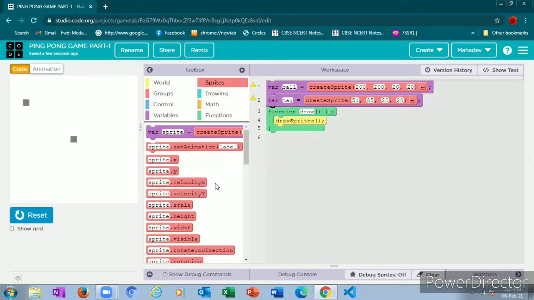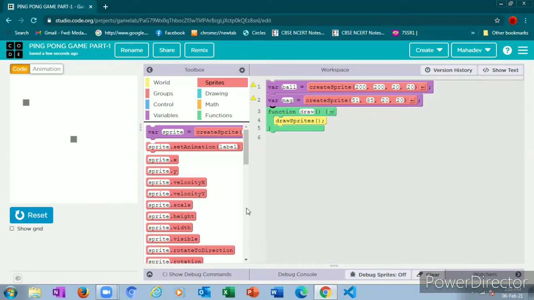What means velocity x and what means velocity y? Velocity x means if you give velocity x, the ball will move left and right. If we give velocity y, the ball will move up and down. Velocity y means up and down. Velocity x means left and right.